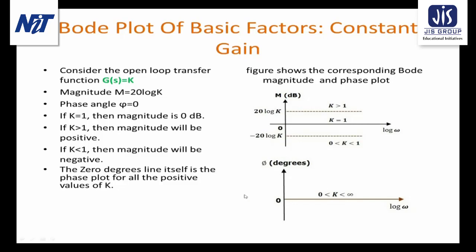So, for this constant gain, I am considering here G(s) equal to K, which is actually the open loop transfer function. So, the sinusoidal transfer function will be G(j omega). So, we will put j omega instead of s. So, G(j omega) will be K. So, the magnitude in dB can be written as 20 log K, whereas the phase angle is the